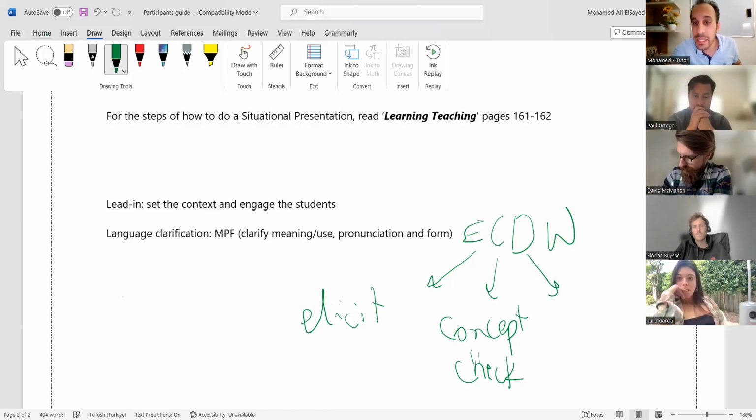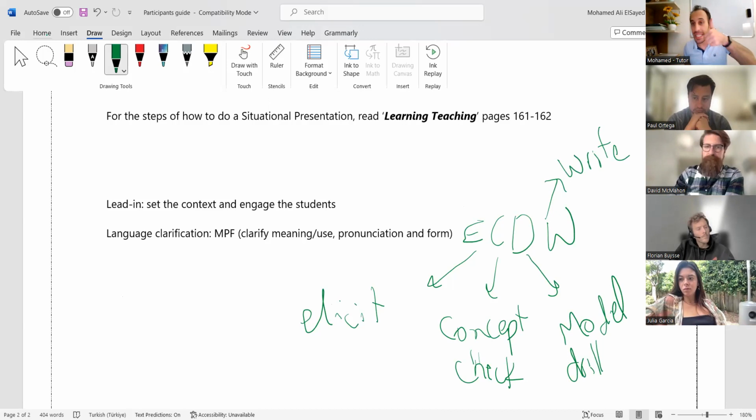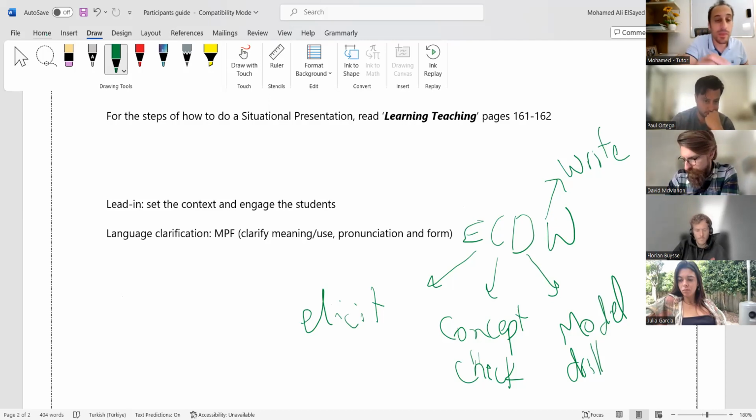Then model and drill. And finally, you write that on the board. Elephants can drink water. When it comes to meaning, pronunciation, and form, we use this pattern to help us organize the clarification stage. Elicit, concept check, model and drill, finally write. Then we write that on the board, like we can say, he